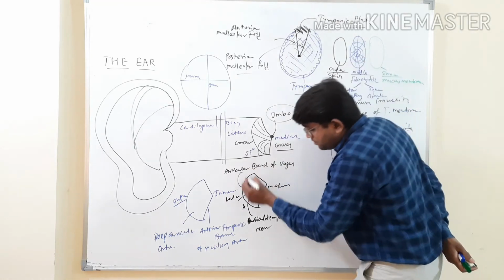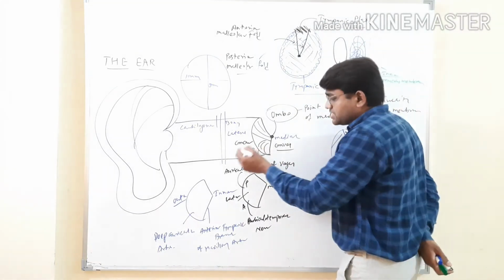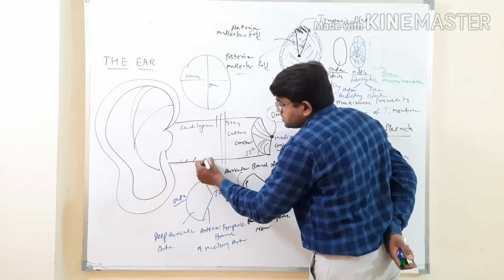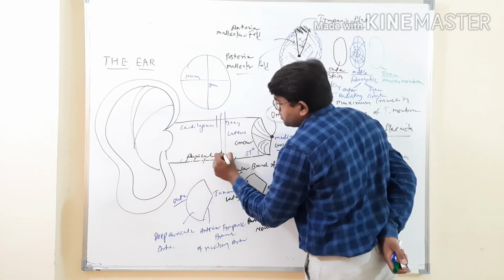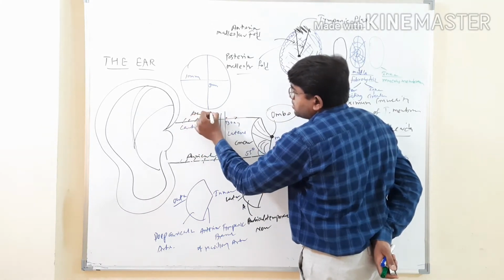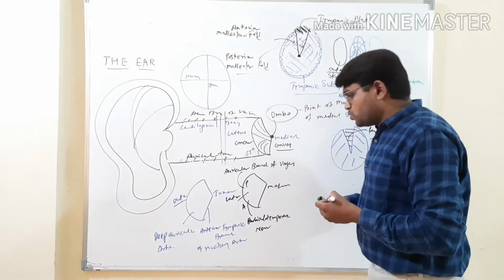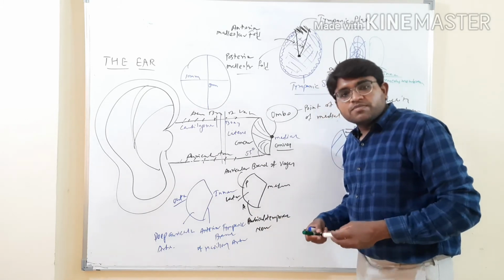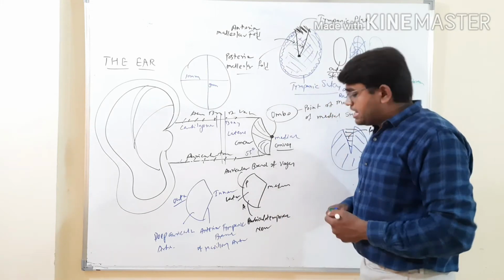Okay, the same two nerves which supply the external acoustic meatus. In the external acoustic meatus also, we have seen the anterior surface is supplied by the auriculotemporal, whereas its posterior surface is supplied by the auricular branch of the vagus. So these two nerves also supply the outer or lateral surface of the tympanic membrane: its anterior part by the auriculotemporal and posterior part by the auricular branch of the vagus,